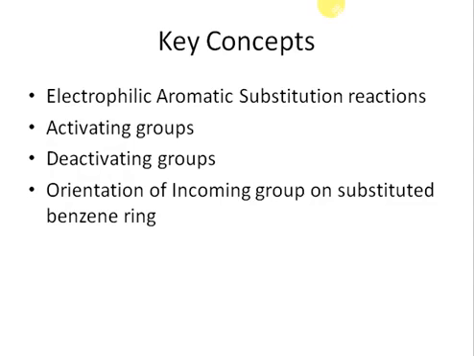So since we are considering the electrophilic aromatic substitution reactions, any group which increases the rate of electrophilic substitution will be considered as an activating group, and any group which decreases the rate of electrophilic aromatic substitution will be considered as a deactivating group,